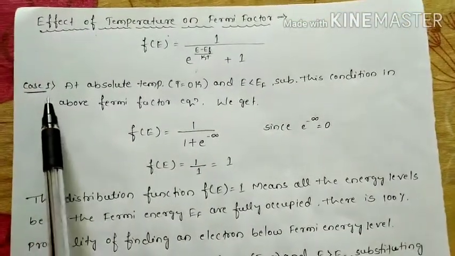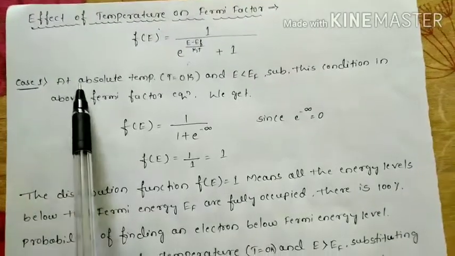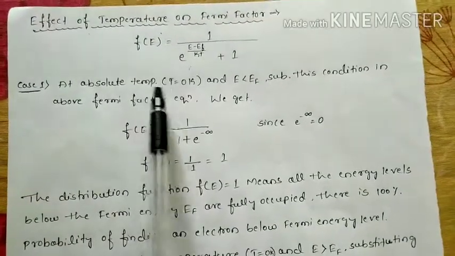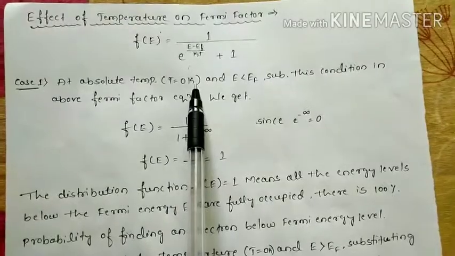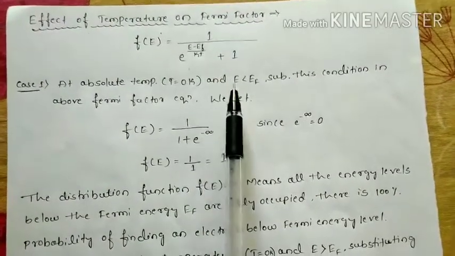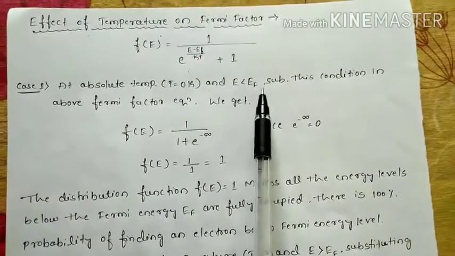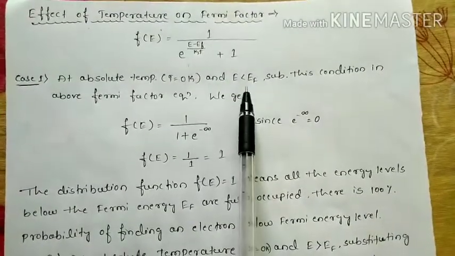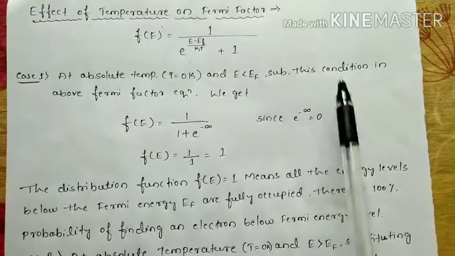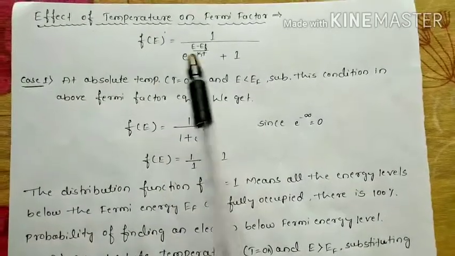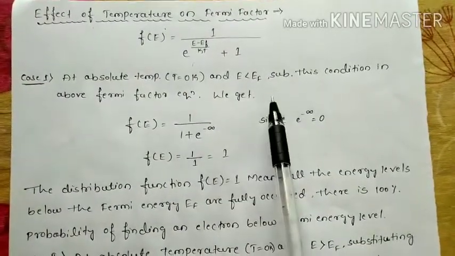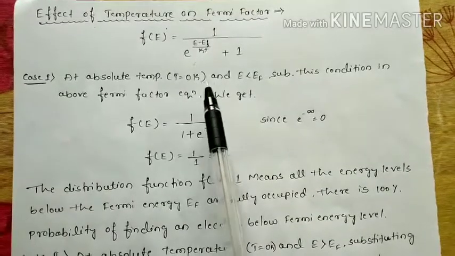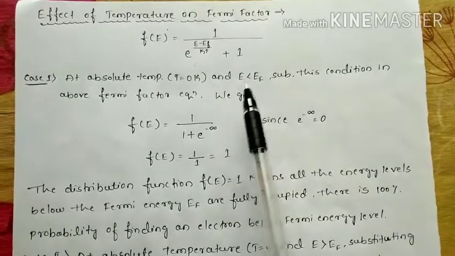So the first case, case 1, is at absolute temperature, that is T equals 0 Kelvin, and energy less than Fermi energy. So we are considering the energy levels less than the Fermi energy level. Substituting these conditions, T equals 0 and E less than Ef, in the above Fermi factor equation, we get